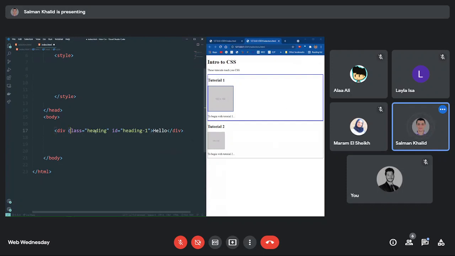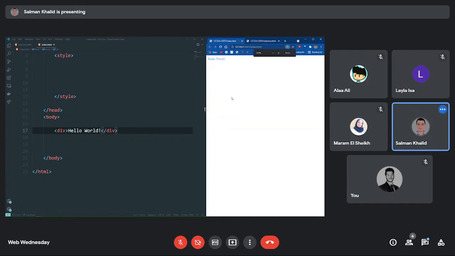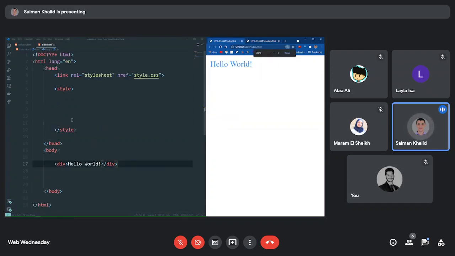Yeah, let's make the same division. Okay. And hello world, for example. Let me save and go back to my code. You will see here my hello world. Okay, it has the coloring for style sheet, so I'll remove that. Save. Okay, now